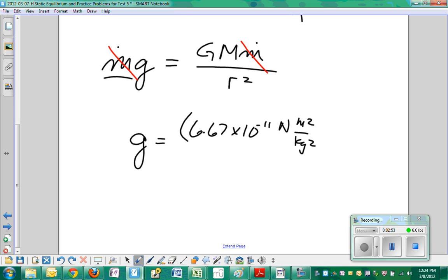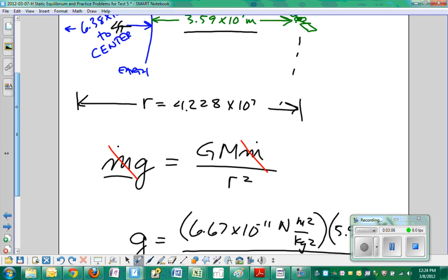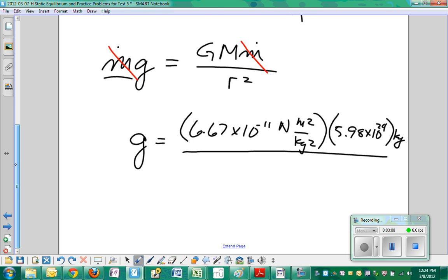Mass of the Earth, 5.98 times 10 to the 24th kilograms. Then divide all that by r squared, which is 4.23 times 10 to the 7th